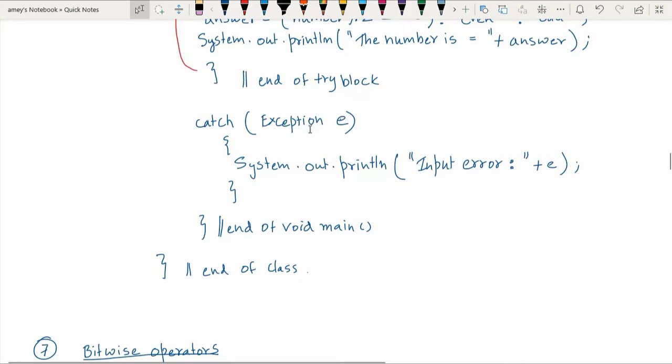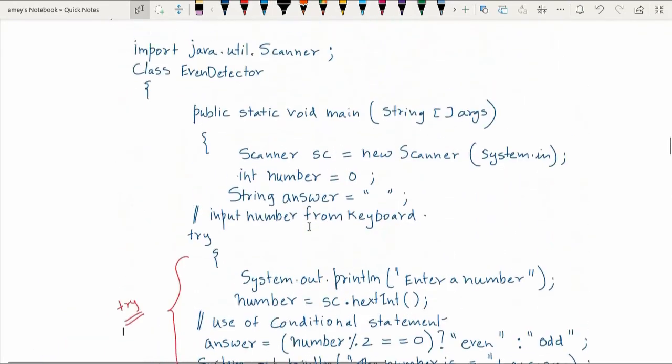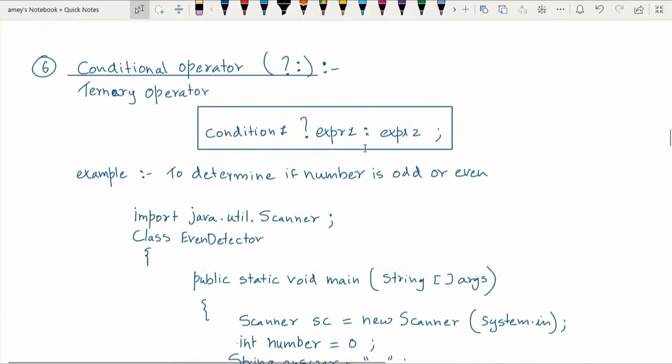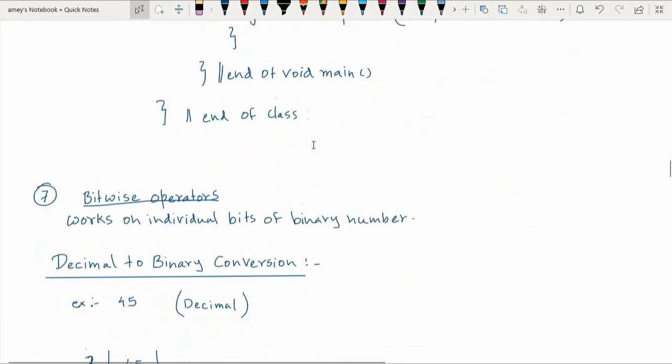So Exception e, and I am just going to write, if at all there is some error generated, then it is going to print the message input error, and print what error it is. And this is the end of void main, and the end of the class. So this is one small example of how we can use conditional operators. This is just a replacement for a simple if else statement.